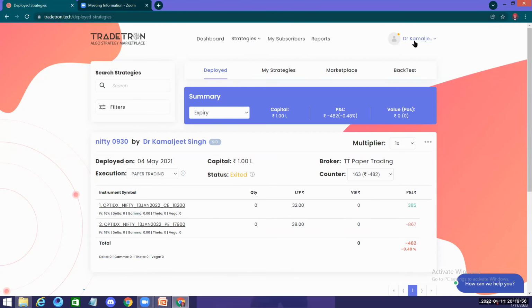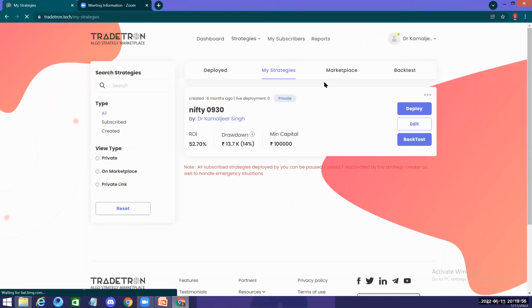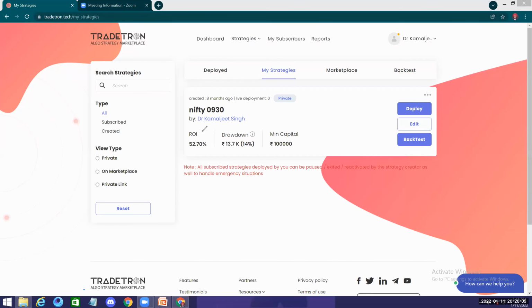Now this is an account I had created. This is a kind of strategy which is on paper test. Sir, I think so. All 4 are satisfied or not? We were expecting 40% return on an annual basis. And I'm showing you a strategy which is 52.7% already giving to me.